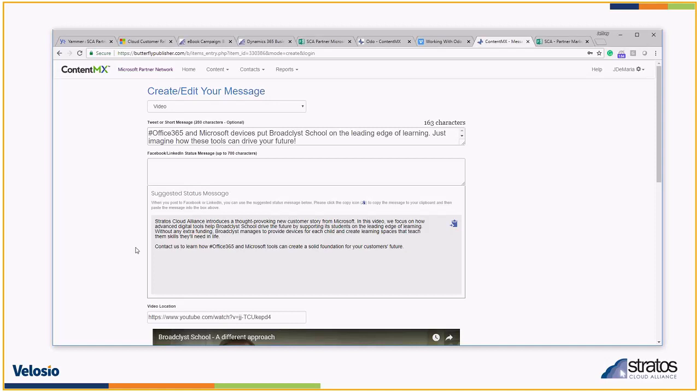If you're targeting specific industries, you want them to see this information, right? So just put in hashtag MS Dynamics or hashtag Office 365. We're telling partners to use this tool. We don't want a bunch of duplicate content out there, but you can all make it yourselves. You can all make it new. You can all make it your own.